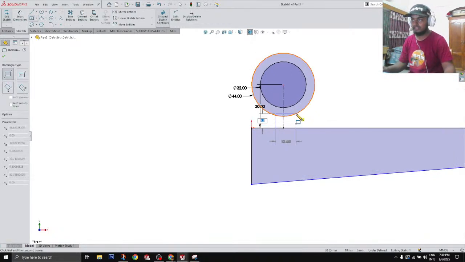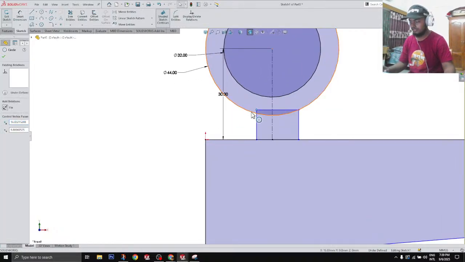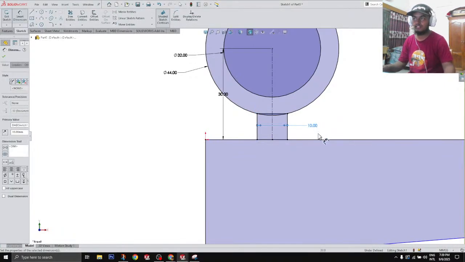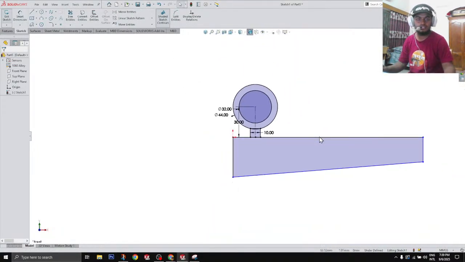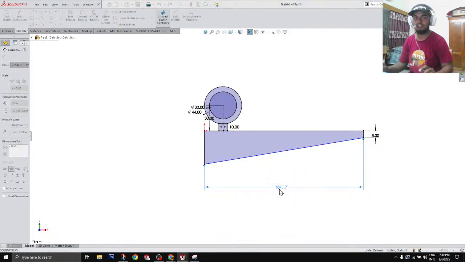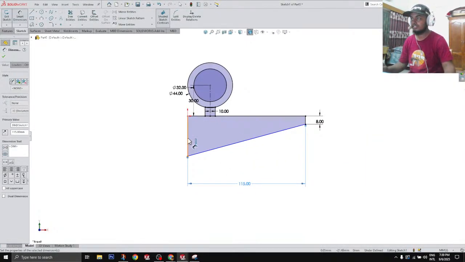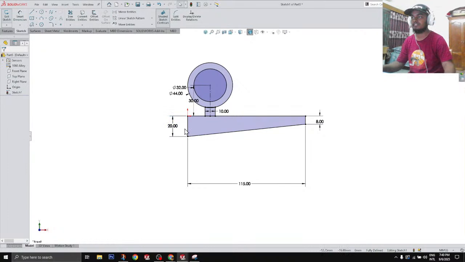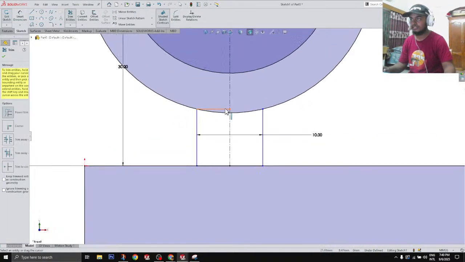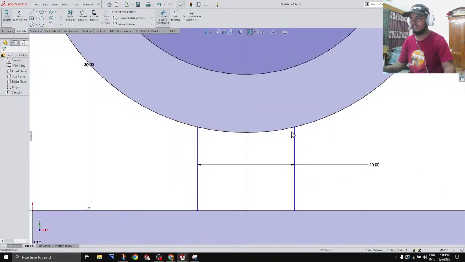Let's do it using a rectangle and connect this one here. It's 10. Fully defined. This one is 8. Full length is 115. This one is 20. Fully defined everything. Let's cut this. I don't want issues with this. And make this 2